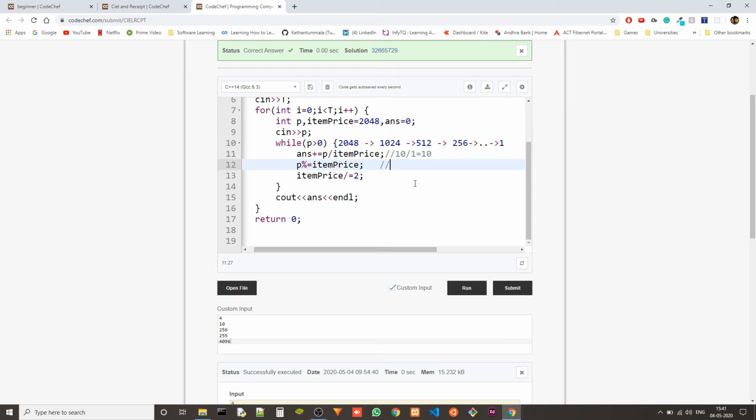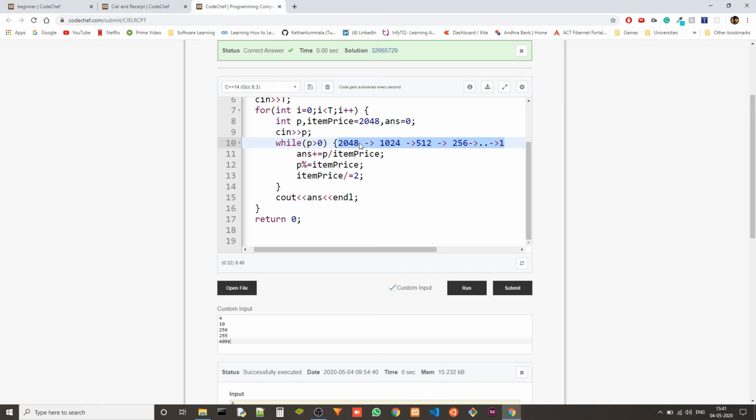And then the p percentile 1 is equals to, well, anything with percentile 1 will become 0, right? Because the remainder of anything when divided with 1 is 0, okay? So we are basically adding all items we can of price 1 if we get there, okay? So after this, when we add all of them, the p value will definitely become 0, right? When it becomes 0, we don't actually go through the loop again.